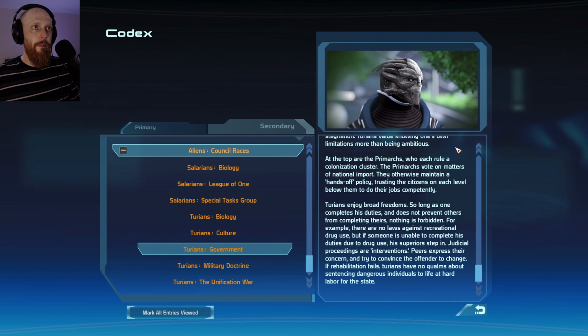At the top are the Primarchs, who each rule a colonization cluster. The Primarchs vote on matters of national import. They otherwise...